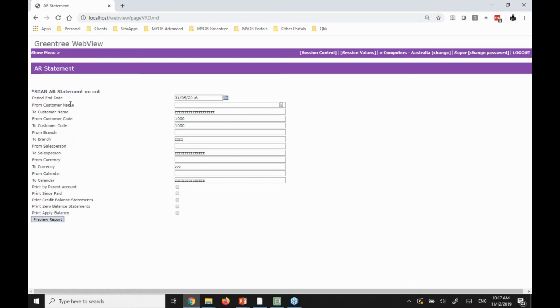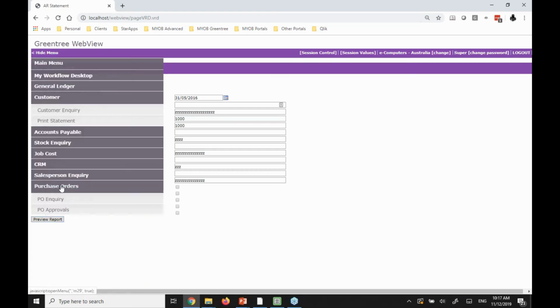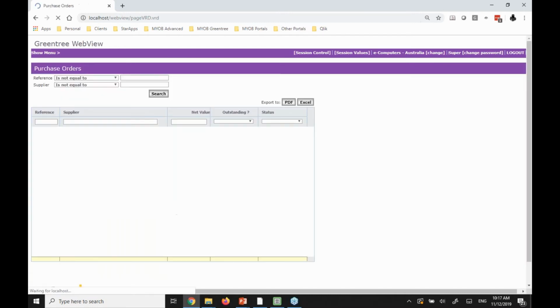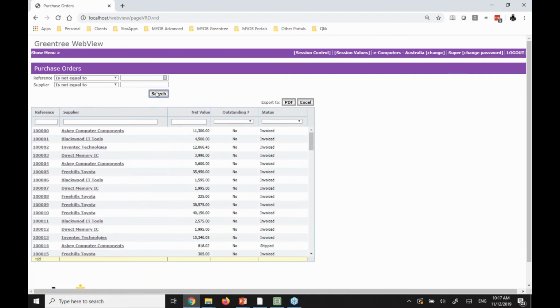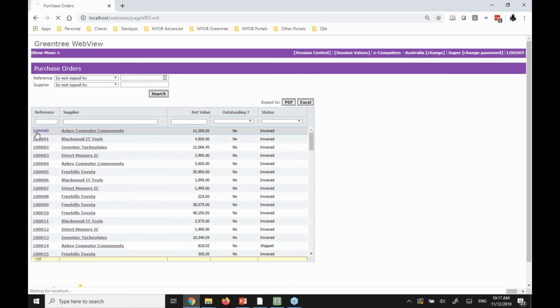Now, those reports can either be set up as the ability to pre-fill the filters in the exact same way you would a report within Greentree. Alternatively, they can be set as a drill down as well. So if I go ahead and look at my purchase order inquiries and hit search now, so yet again, another inquiry screen. If I was to drill through to a purchase order,